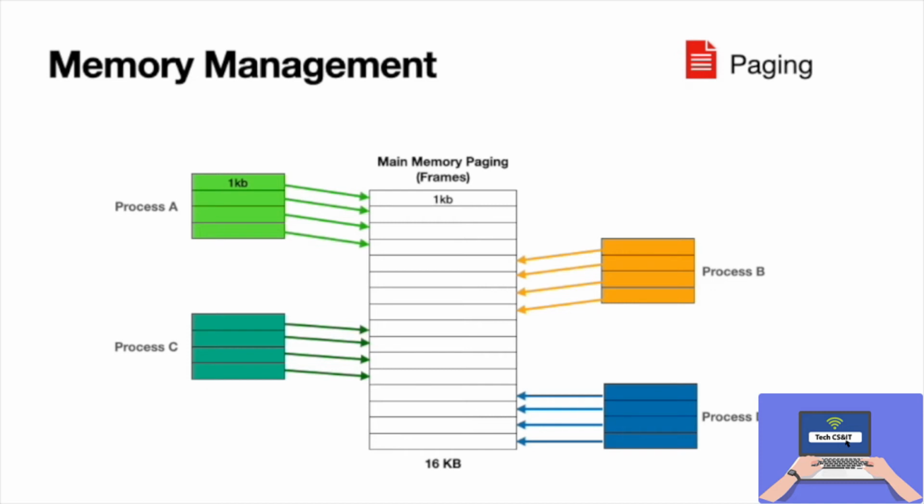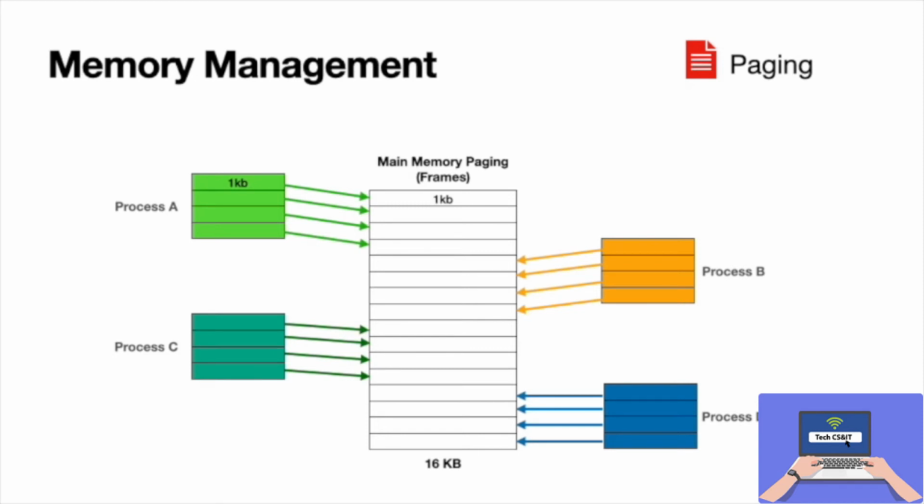So here we have 16 KB of memory divided equally into frames of 1 KB. Now the process is also divided into parts, and we now call them pages. Here remember that the page size and the frame size must be equal. You can think of this setup as similar to fixed partitions, but things are somewhat different here. The pages of the process can be allocated as frames in the main memory non-contiguously.